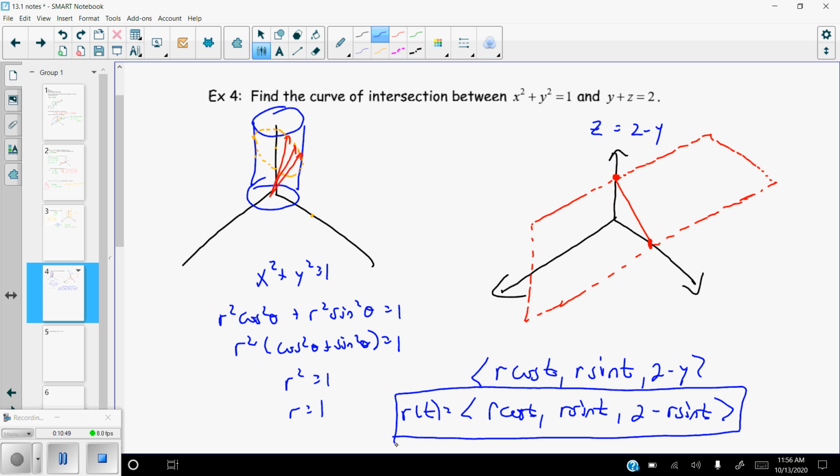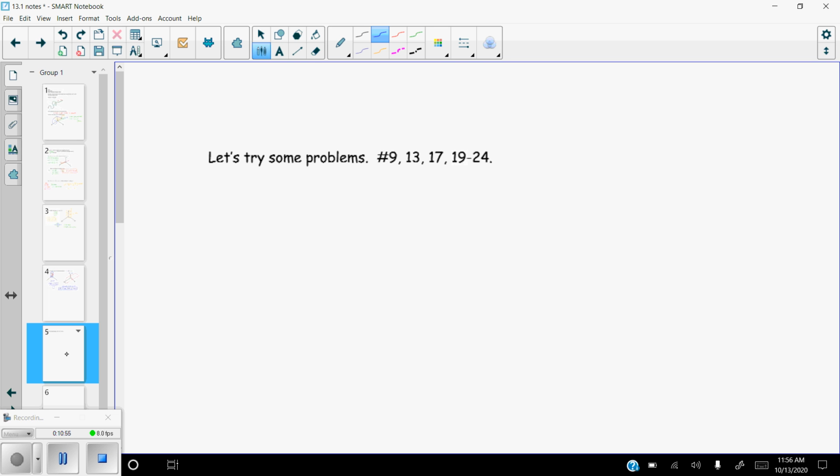So there you go. All right, we've got one more page here, and I know it says let's try some problems. I kind of picked these problems from your book. So this is what we're going to do. We are going to sketch. This will be number 9. We are going to sketch